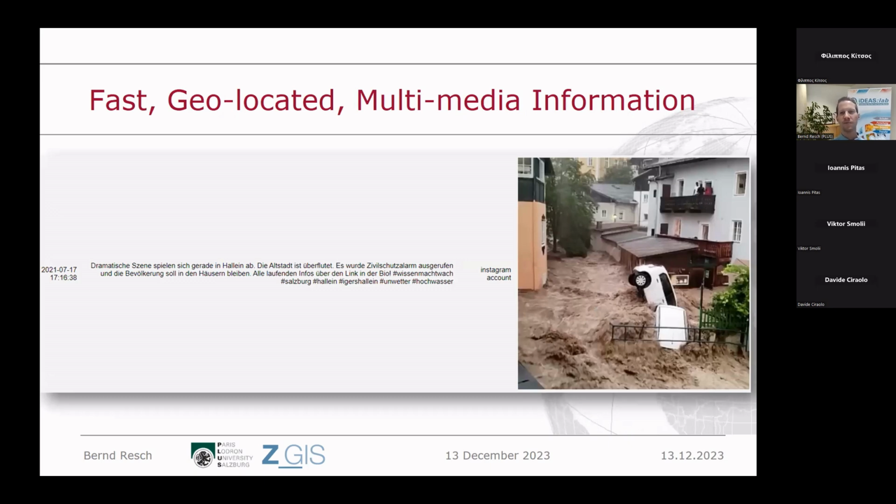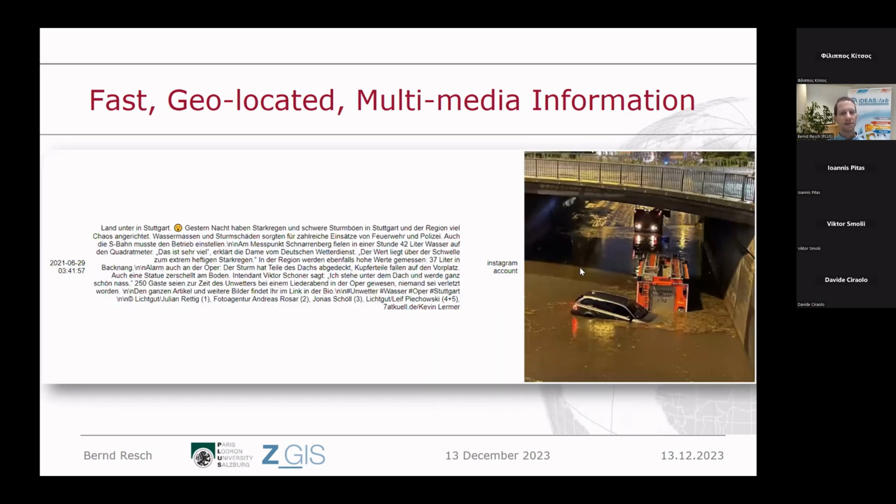This was 2 years ago, floodings around the city of Salzburg. So you see, first of all, the timestamp. Second, of course, we have the geographic position. We have a description of the scene there, and we have a quite telling image there as well. Second thing, basically very similar. Flooded road here, fire brigade already being there.